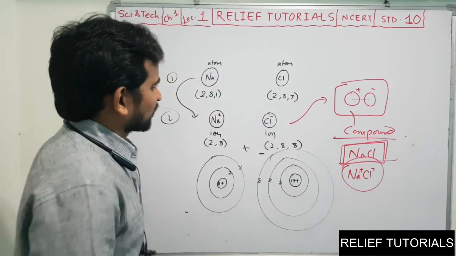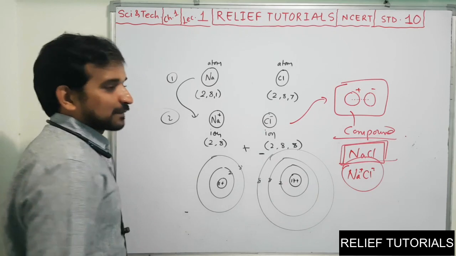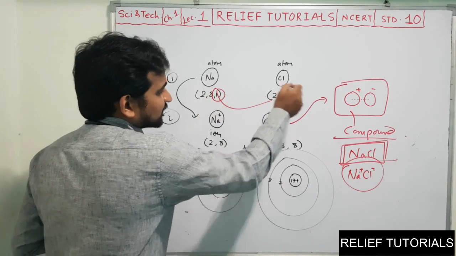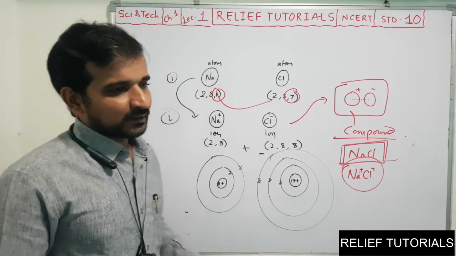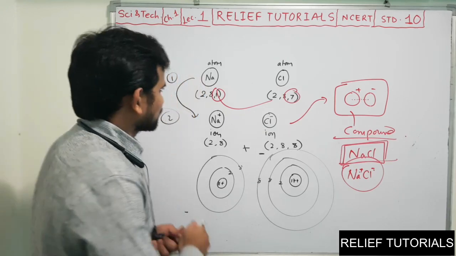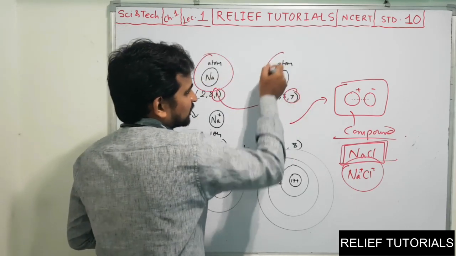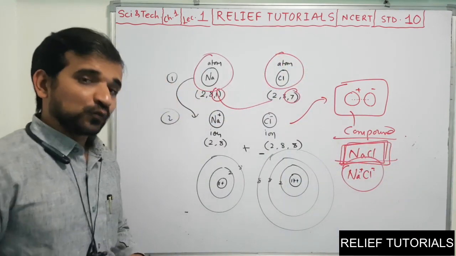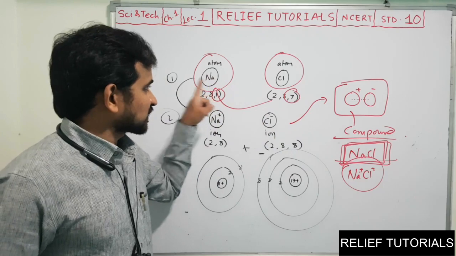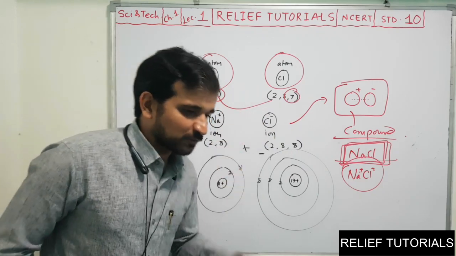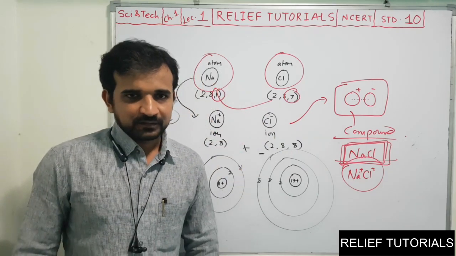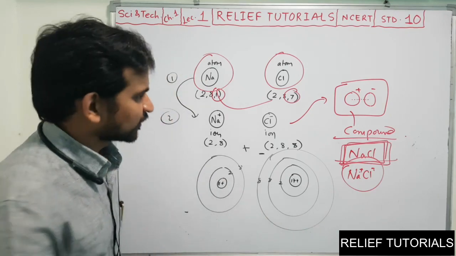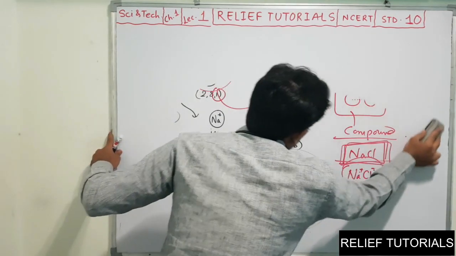So this is the best example of a chemical reaction. What happened here? Electron losing as well as gaining. So this is called a chemical reaction. So this was the element, meaning atom. This was the element, and they form the compound. So to form the compound, some chemical reaction should occur. Something should happen, like losing of electron or gaining of electron, then only the compound can be formed.